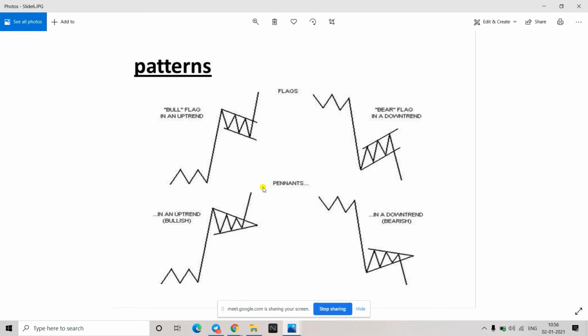So these are another four patterns. Two types basically. This is flag pattern. This is known as triangle kind of a pattern. We'll start with the flag pattern. In flag pattern, what happens is,